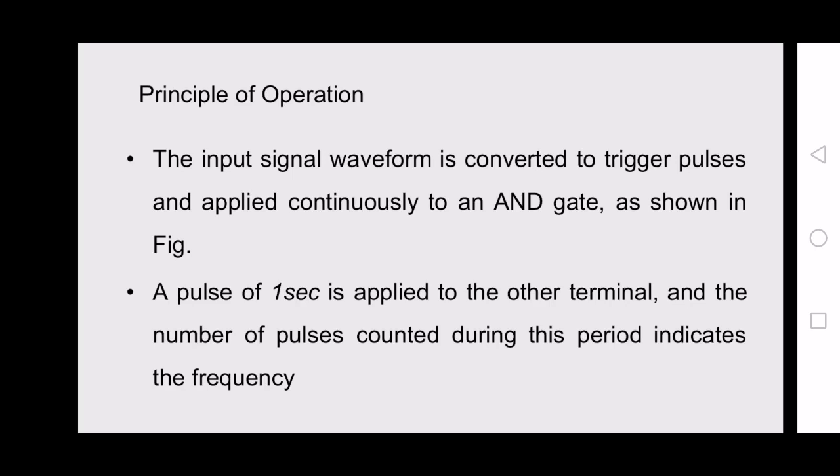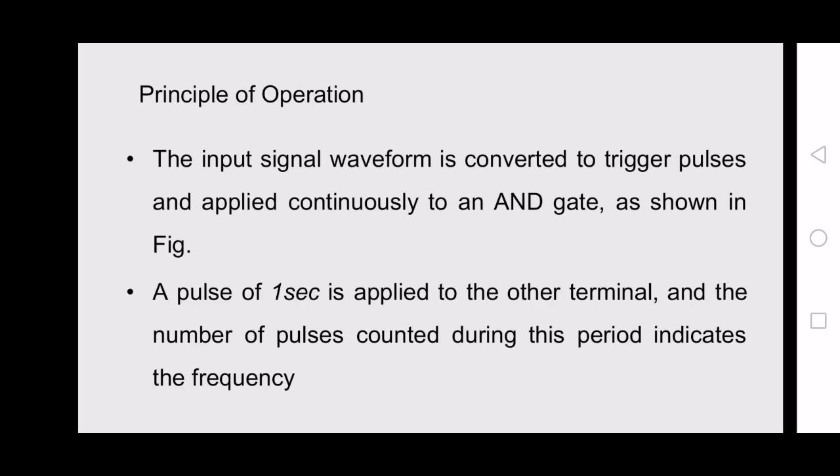it to the AND gate, but not directly, we go through an amplifier. The real world signal will be weak, so we are amplifying that signal, and we are converting that signal into a square wave by using the Schmitt trigger circuit. A Schmitt trigger is a circuit which will convert any type of waveform into a square waveform.